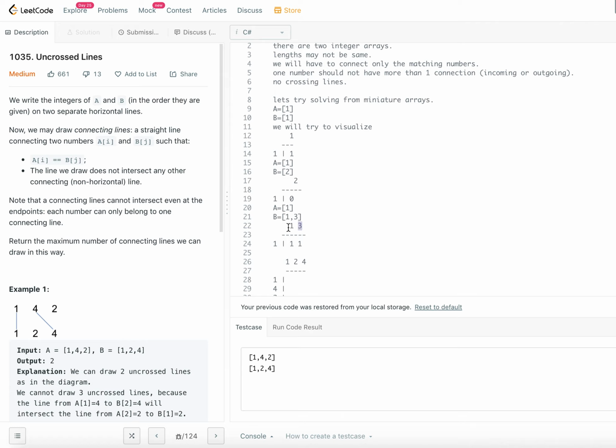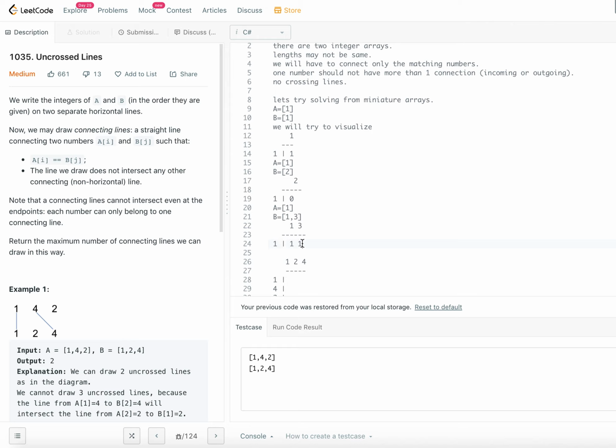This is B0, this is B1. If there were a match between 1 and 3, we would have put 1 here, but even when there is no match, we are putting 1. Why? That's the question we need to answer. When 1 and 1 match, we put 1, but when there is no match, we also put 1.